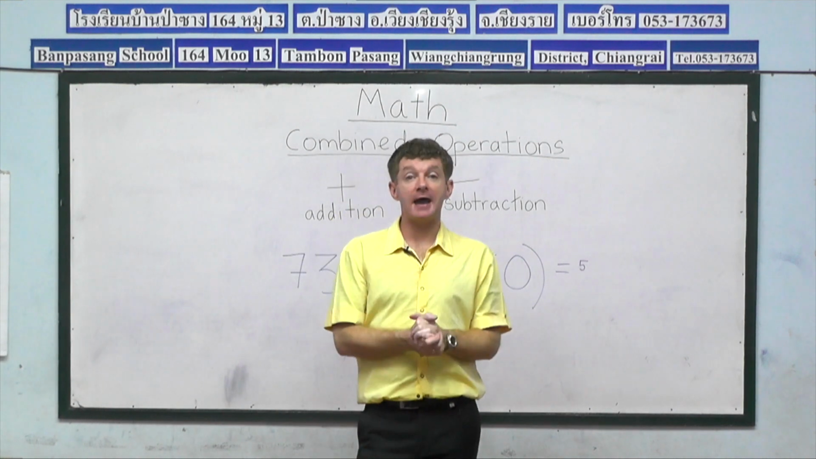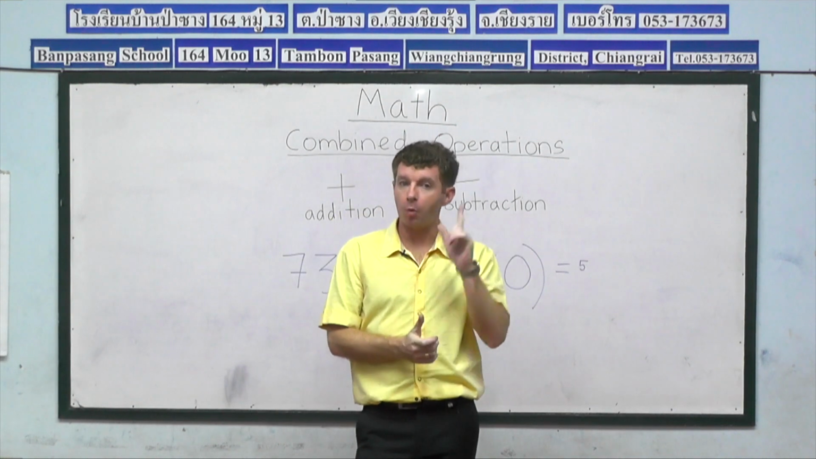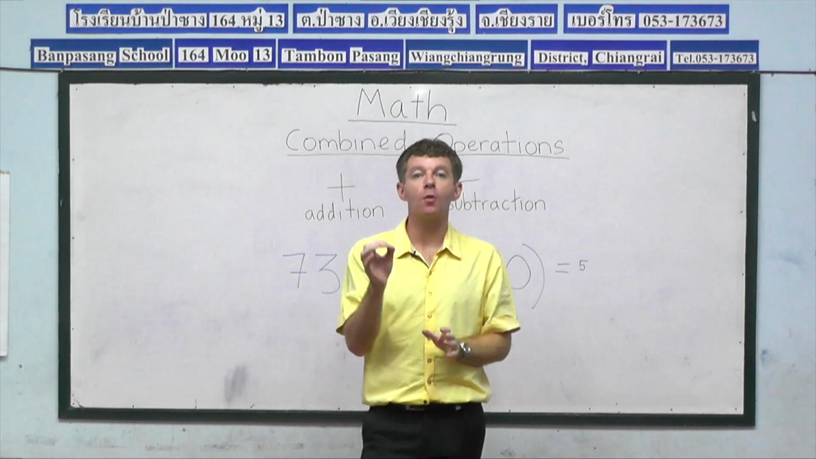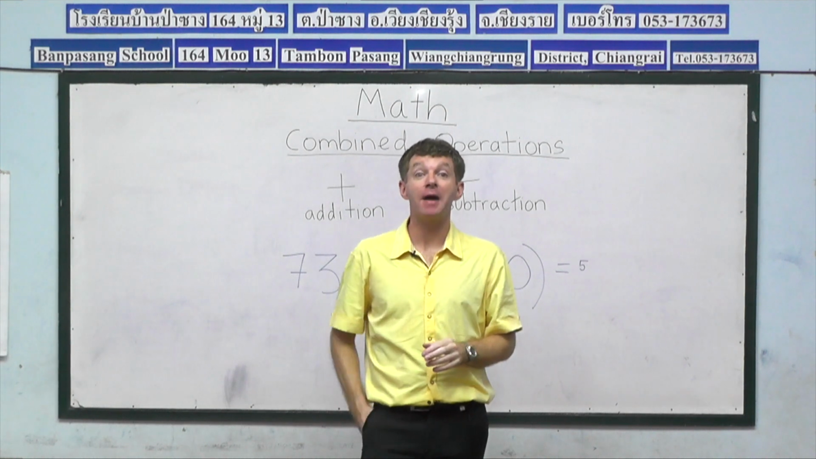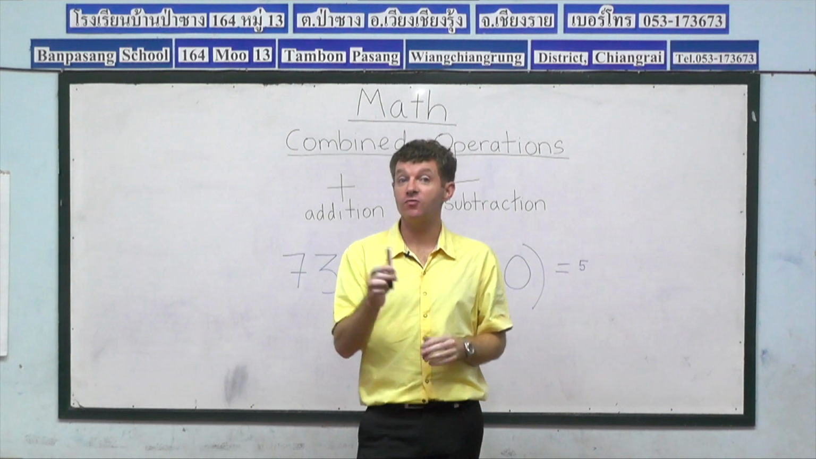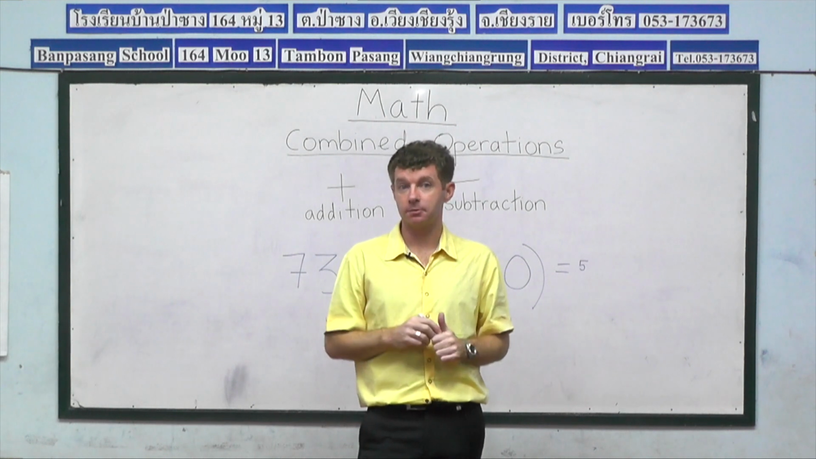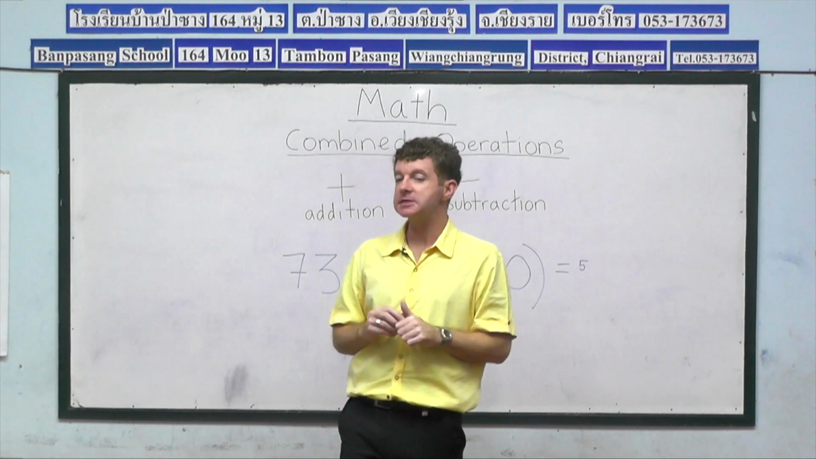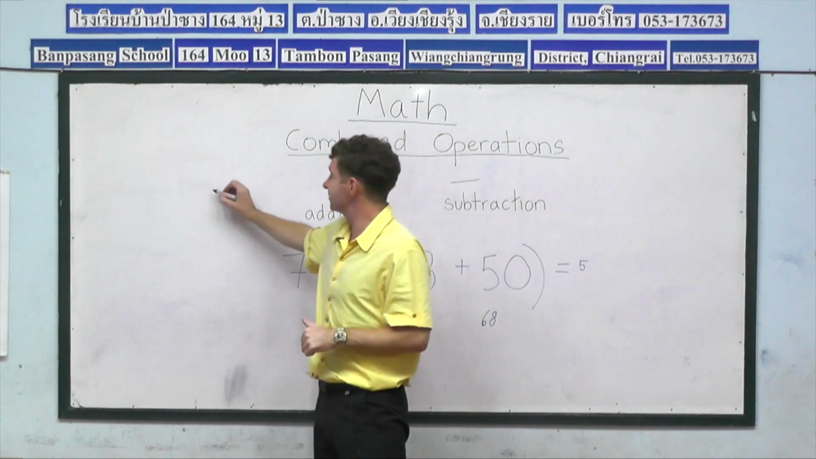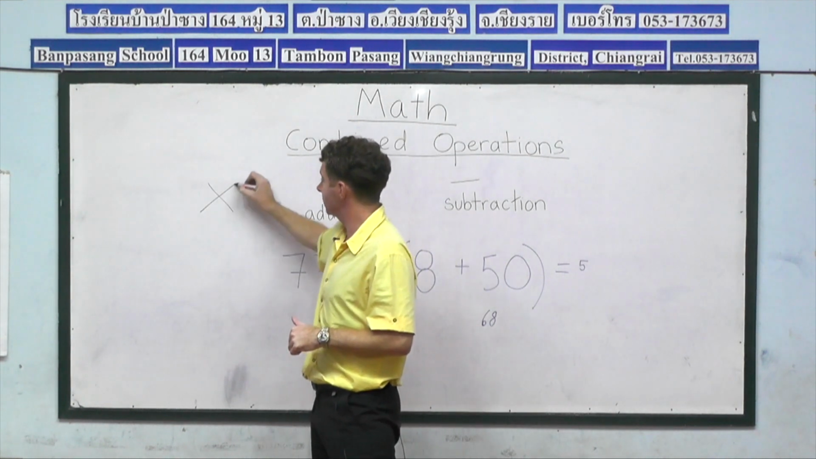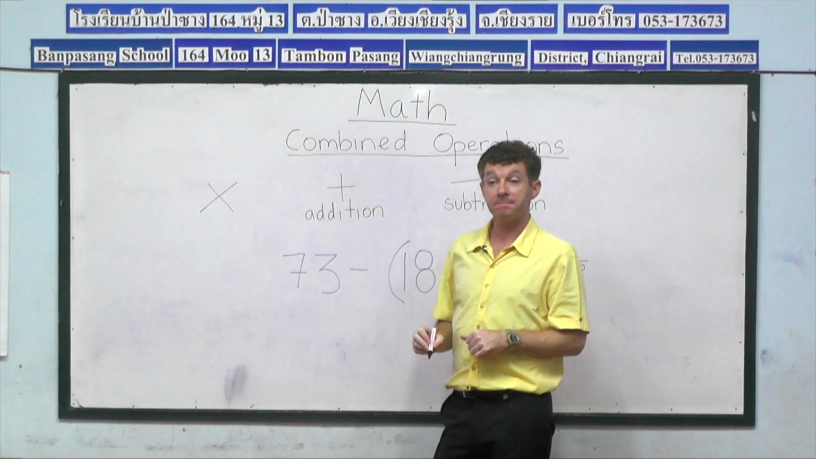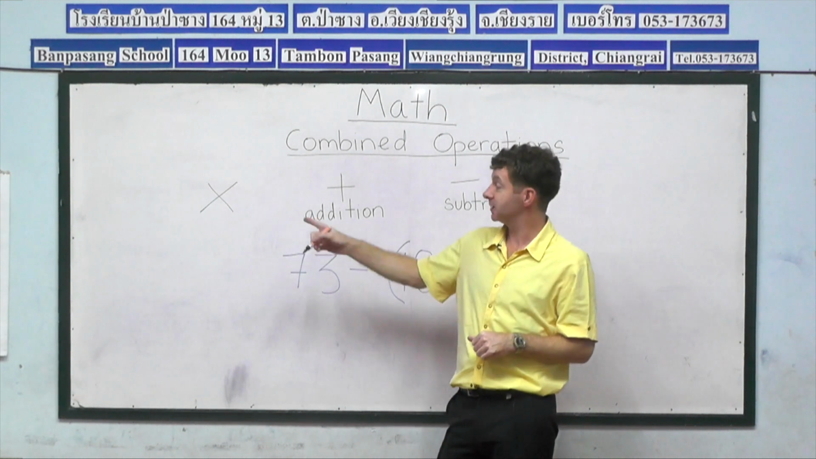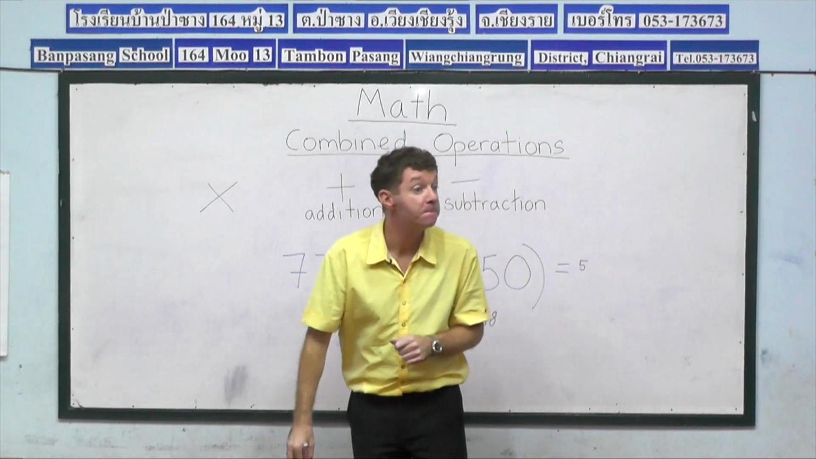So that was a recap of the previous lesson. And what we're going to do now is move on and look at combined operations with two different types of mathematical symbols. So who can remember what these symbols represent, guys? Today we're going to be doing... Any ideas? Times or